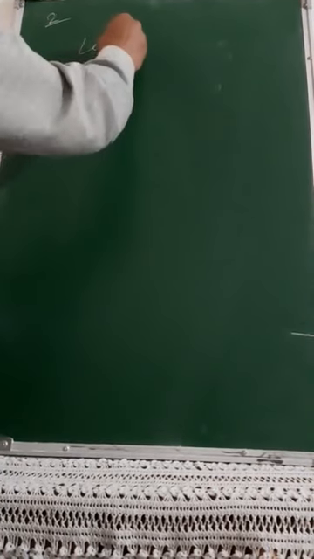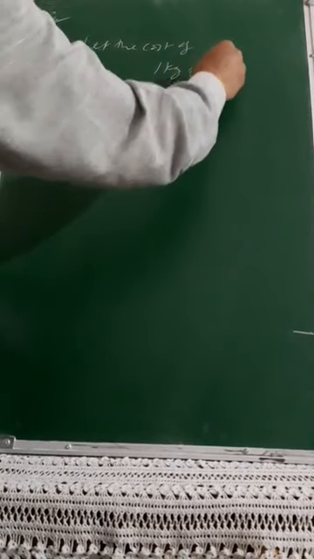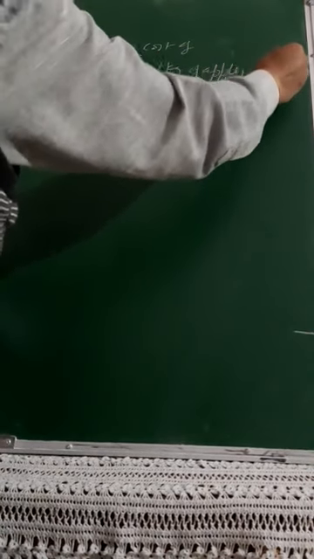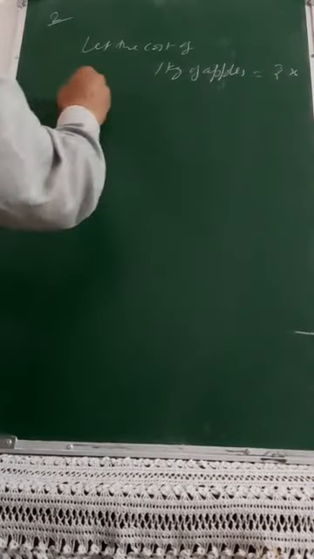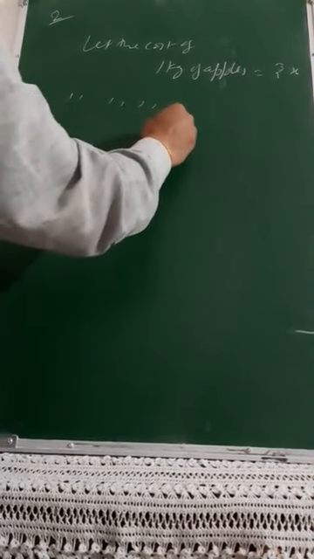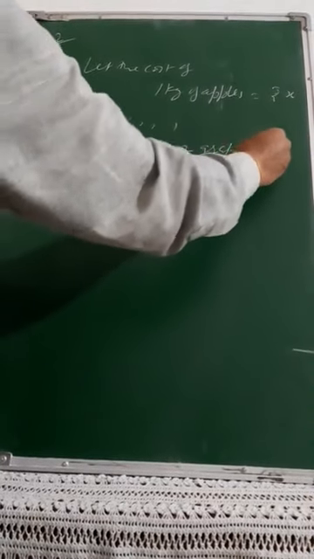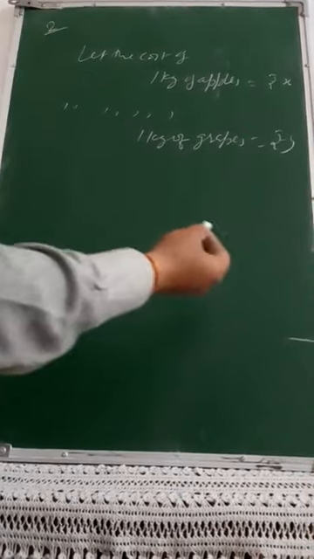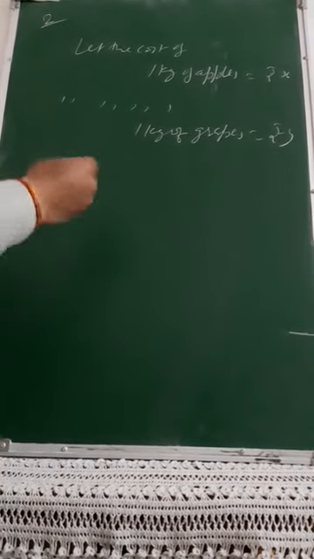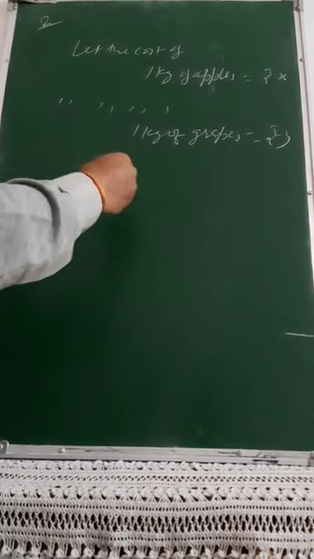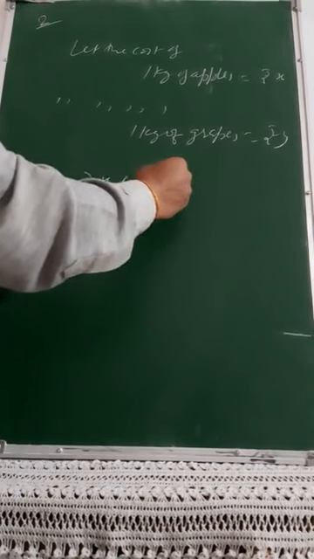So let the cost of 1 kg of apples be rupees x, and let the cost of 1 kg of grapes be rupees y, and then write the equation as per your previous question. 2 kg of apples means 2x and 1 kg of grapes means y,